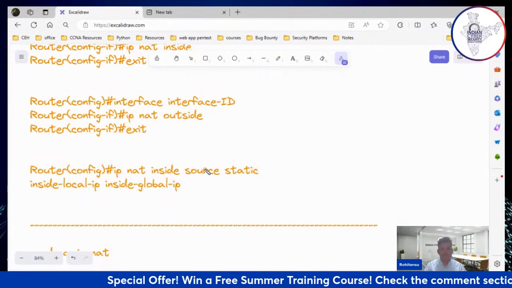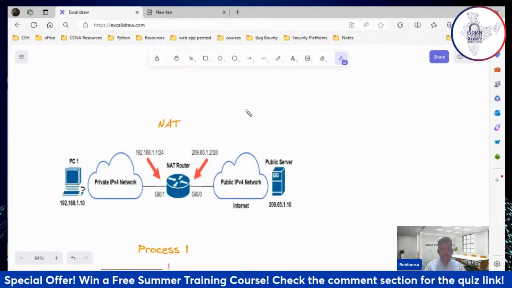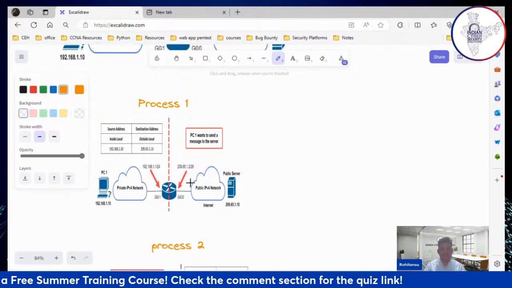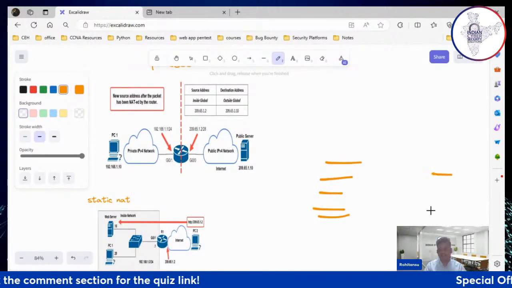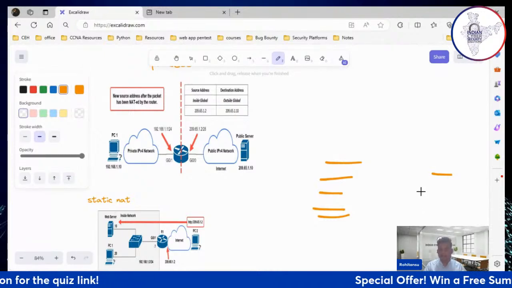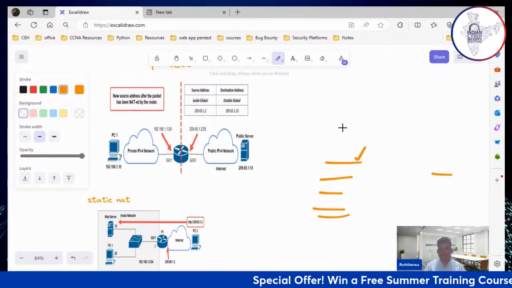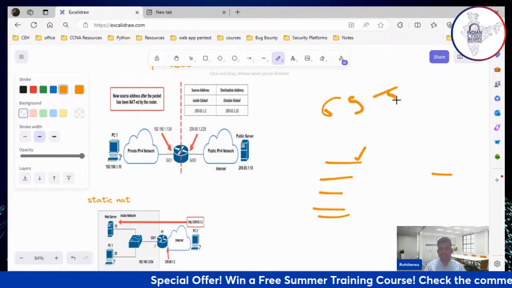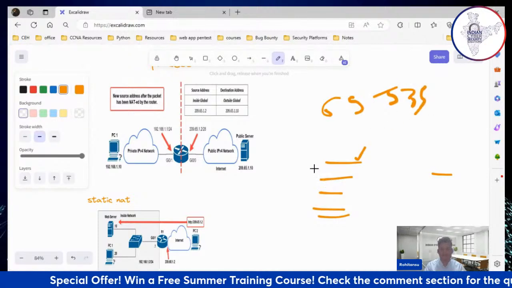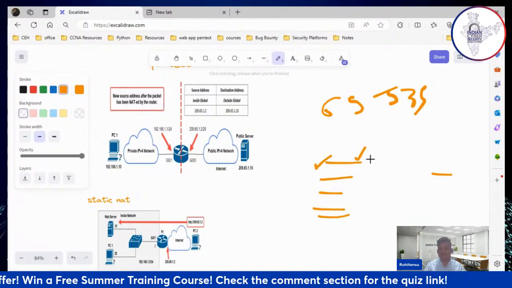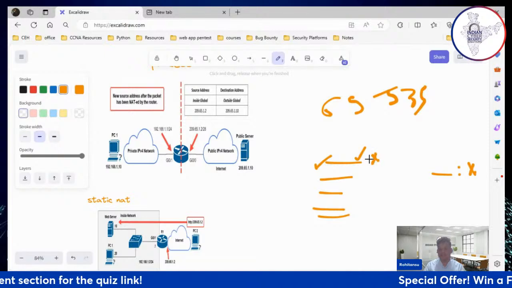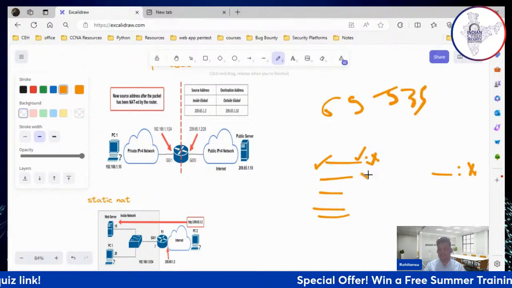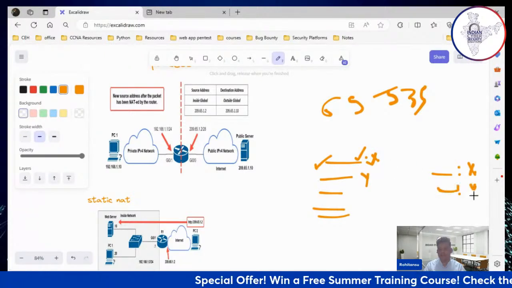Another type of configuration is what we call PAT, port address translation. Suppose in the inside network there are many PCs, but in the translation part we have only one public IP address to translate. At that time we note down the port number. We have 65,535 ports, correct? So we note down the port from which the message is coming, and with the public IP address we mention the port. Let's suppose it is coming from X port, it will specify X port. If it is coming from Y port, it will specify Y port.